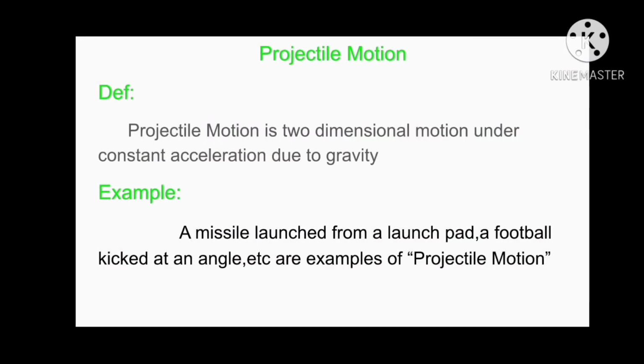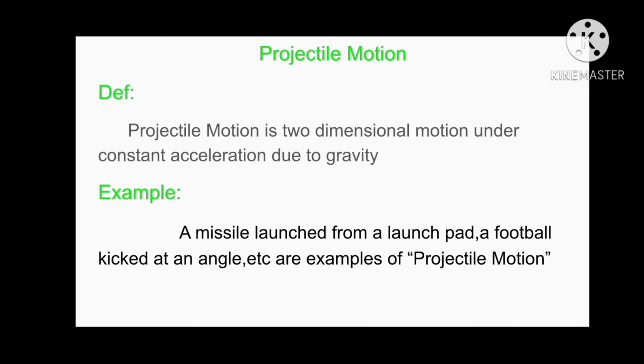Actually, our today's topic is projectile motion, but it is the second part. I have already uploaded the first part of this topic, in which I explained the formula for finding the horizontal and vertical components of projectile motion, which you can watch by simply going into the iCard. But before getting into our explanation, I would like to recall what projectile motion actually means. Actually, projectile motion is a two-dimensional motion under constant acceleration due to gravity.